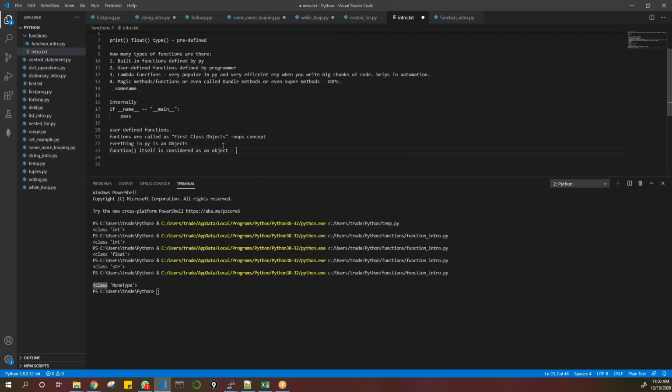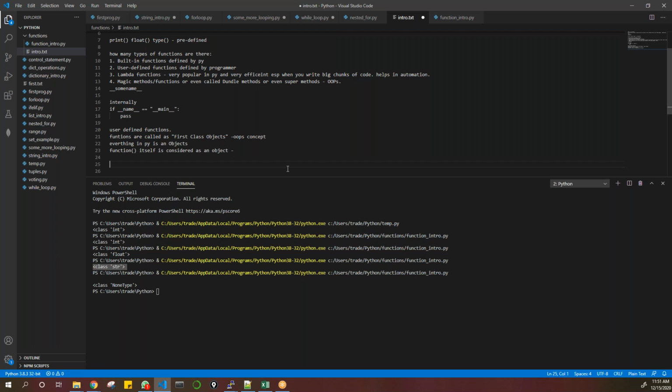Because what did we see when we did the print? We are saying class NoneType. Or, forget about that. We're looking at strings and it says class str. So the type function itself is considered an object in that case. So like I said, everything in Python is considered an object because the Python interpreter code is written using objects. So that's the reason we see everything as an object. We'll come back to it. I'll show you a bit more on this in detail, but let's just go with some more